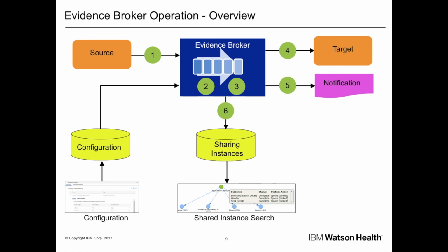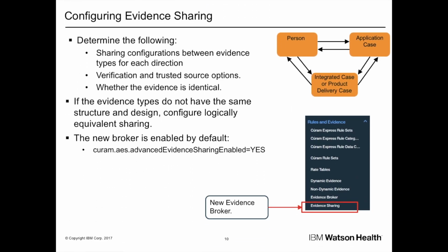Administrators can see how evidence was brokered around the system by using the shared instance search page you saw earlier. The Knowledge Center contains a number of detailed descriptions of how the broker shares evidence for different scenarios. Evidence sharing is configured between source and targets for each evidence type. The types of sources and targets can be person or prospect person in some situations, application case and integrated case